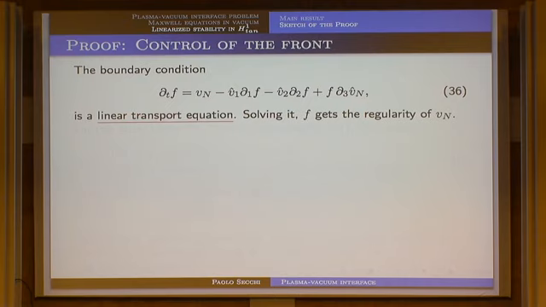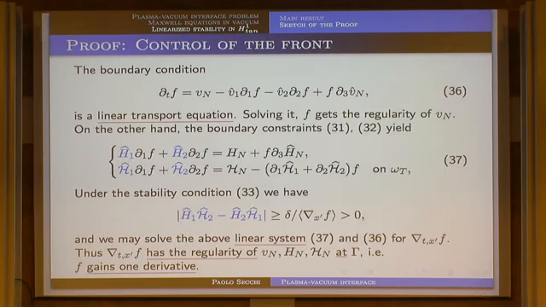Okay, now I show you where the condition on the fact that magnetic fields are non-parallel enters, where we use it. It is very simple, because this is the linearization of the first equation for F, and given V, we can think of it as a linear transport equation for F, with derivatives here, here, and here. You see? So we can solve it. It is simple, and F has the regularity of the source Vn.